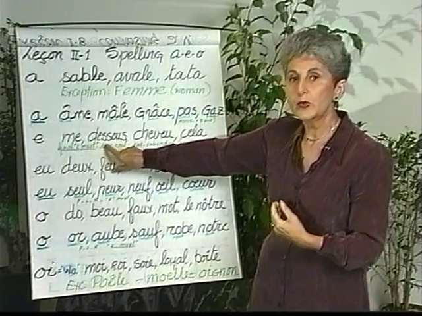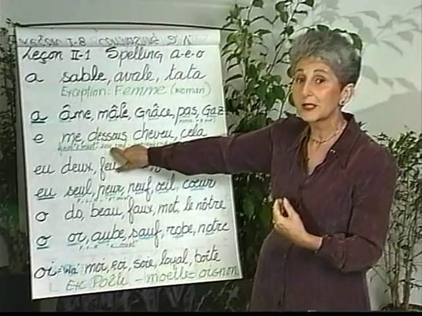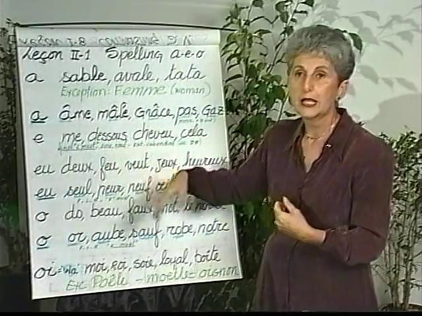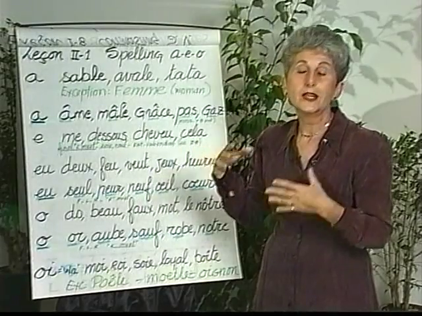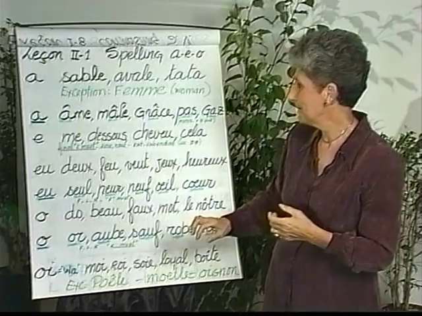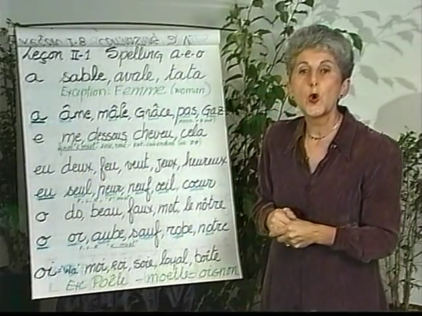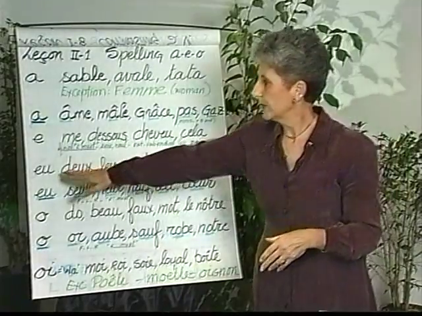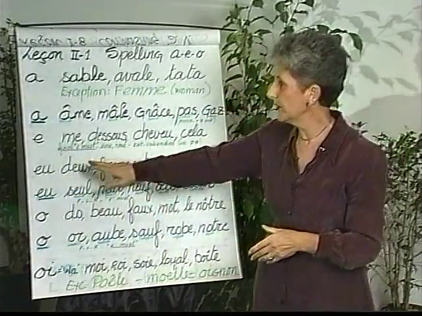And it's muet when it's at the end of a word or sometimes in the middle of a word. Like asseoir will have a E in it and you don't hear it. And that's why it's called E muet. Bien. Now we have the different E, which is spelled E-U. So here we move away from